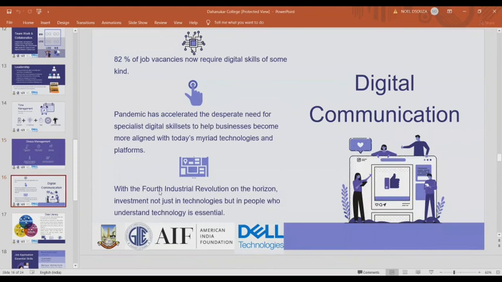Again, digital communication. An example is your online assessments. I'm sure online exams and online assessments had to change completely. The traditional examination way, to write answers, we were adapted to it, but now we have to move on to digital communication.